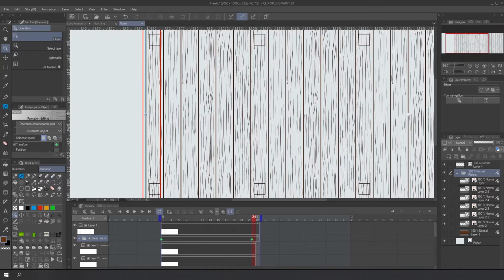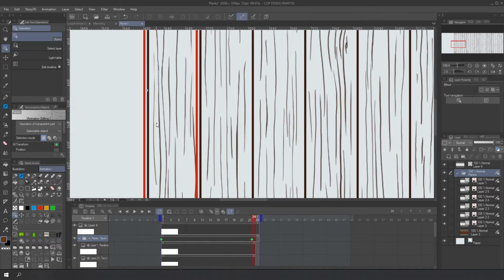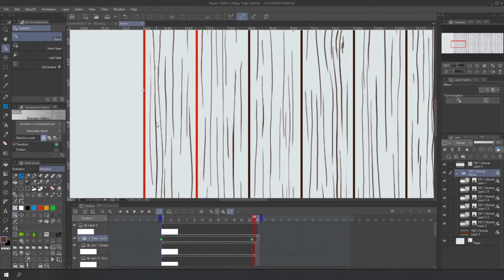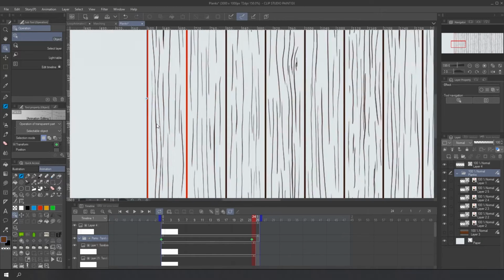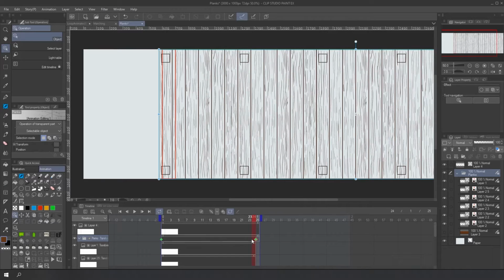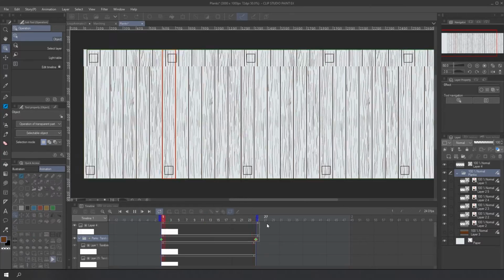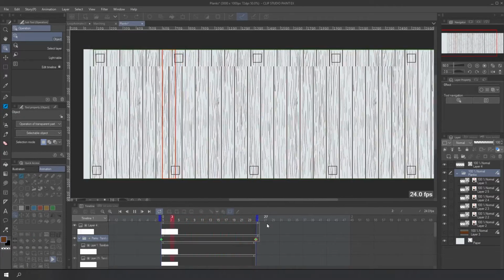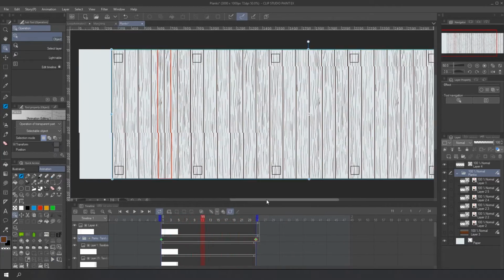If you zoom out, it moves faster. If you zoom in, it moves slower. Now I adjust the position until it matches perfectly the position of the red rectangle. This key needs to be in frame 25, like I said, to create a perfect loop. To do this, just click and drag the key. Now I change the duration to 24, and when you test, it works. The cycle looks smooth at a constant speed.